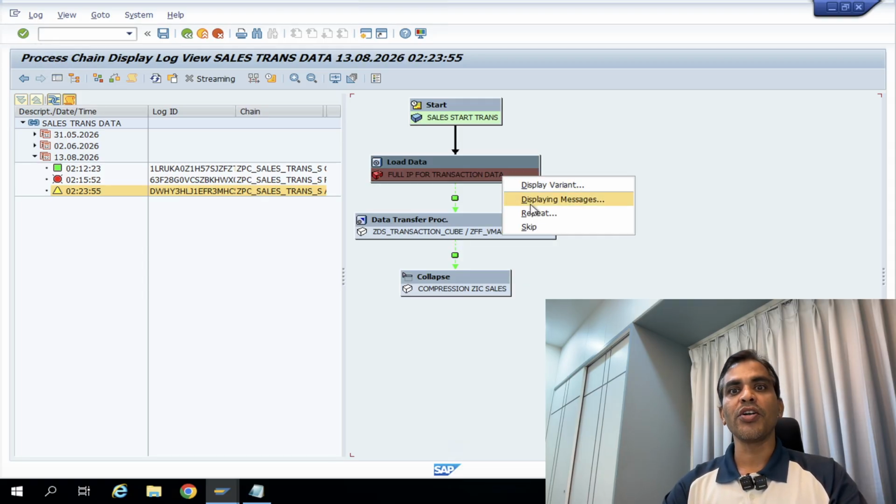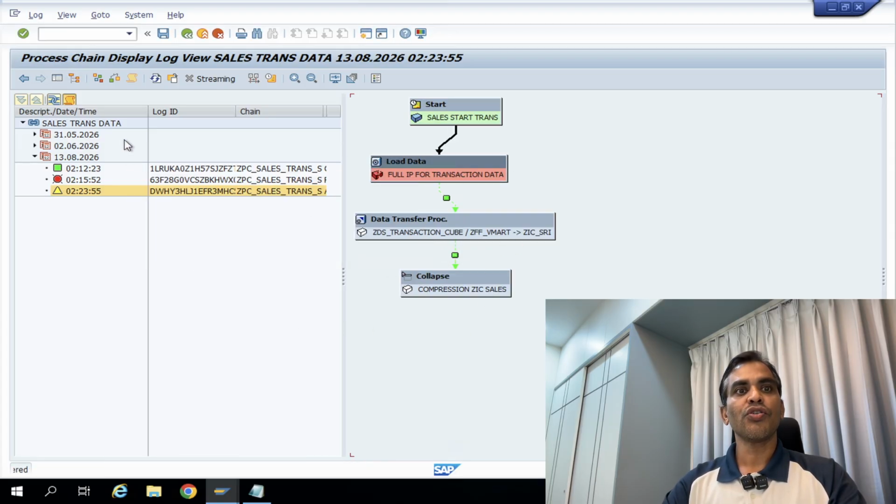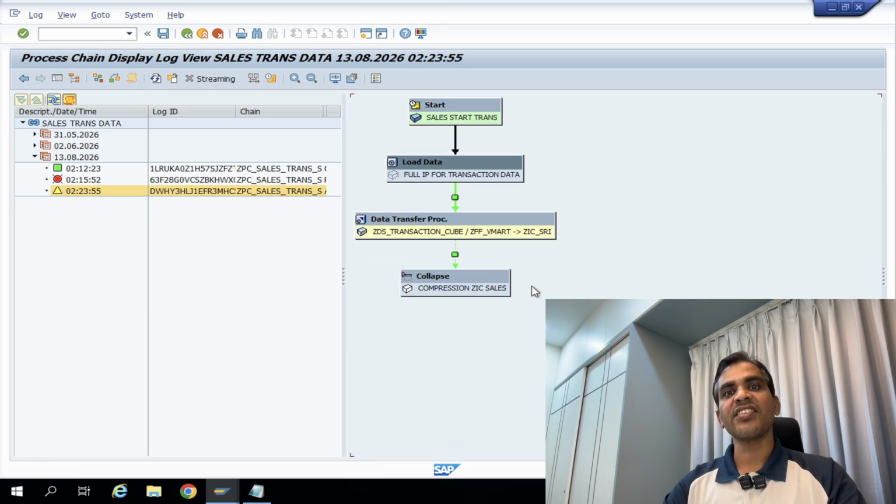So let's see, I'm going to skip this step. The next step is going to trigger it. In parallel, that next job is running. Okay, so if you go to the